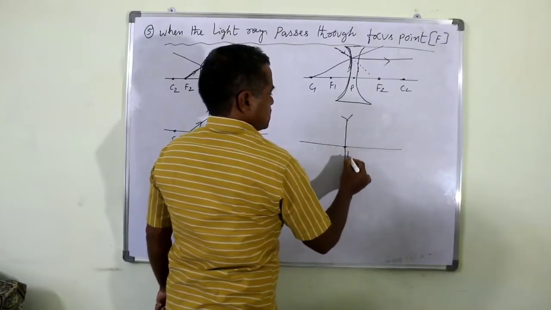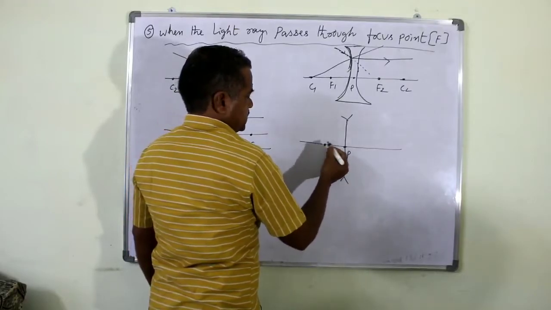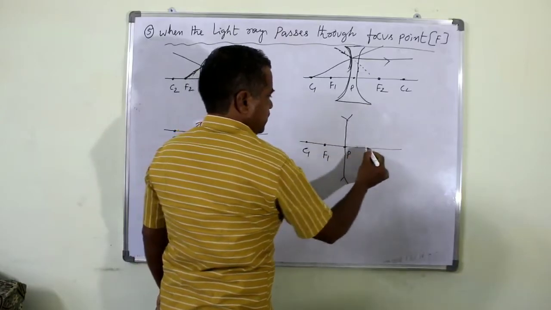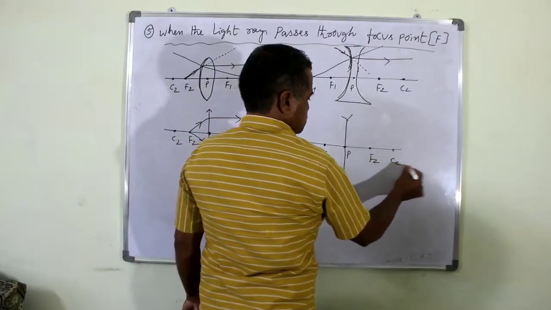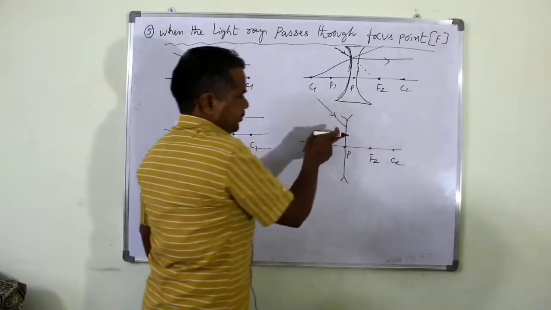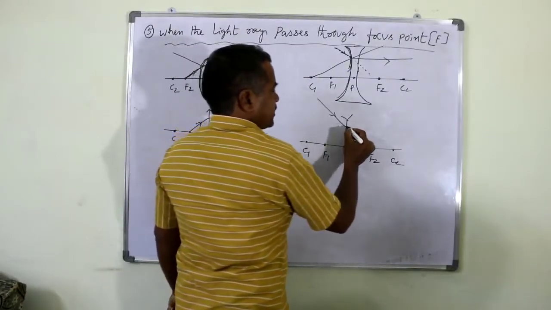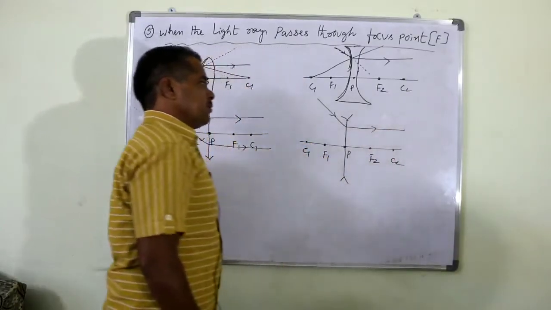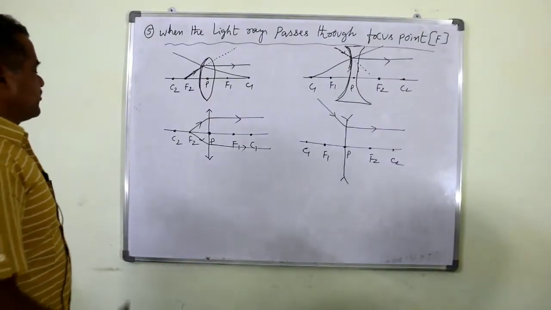So this is pole, optic center, F1, C1, F2, C2. Any light ray which appears to pass through the focus point, the corresponding refracted ray travels parallel to the principal axis. This is the fifth case. And the last and final case is that